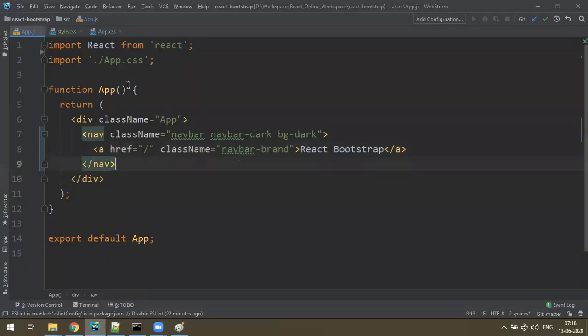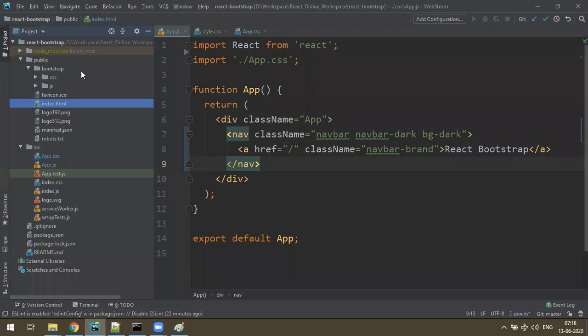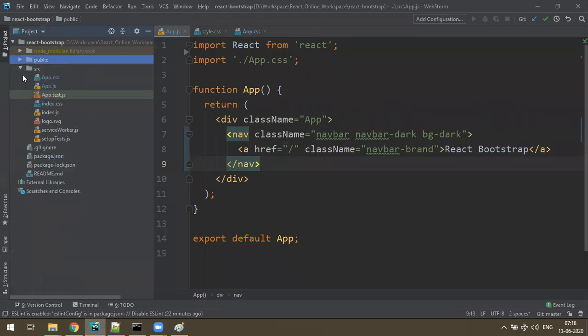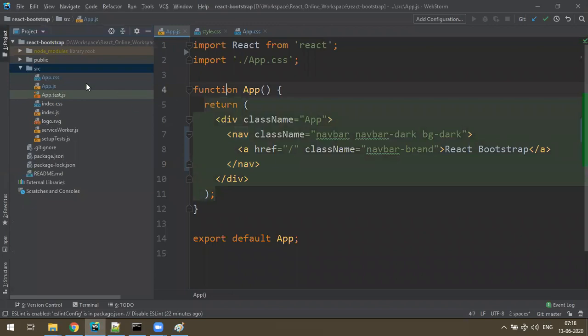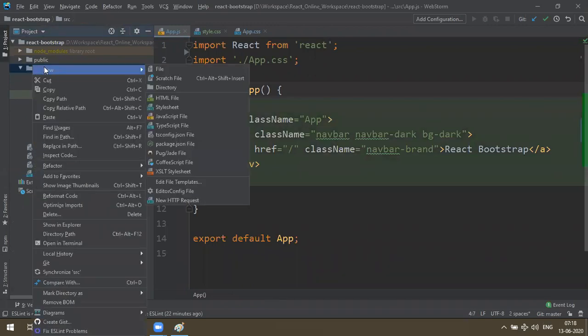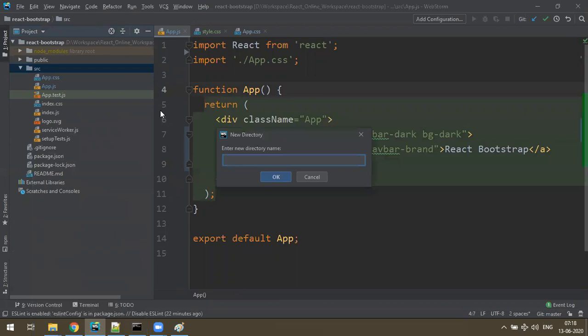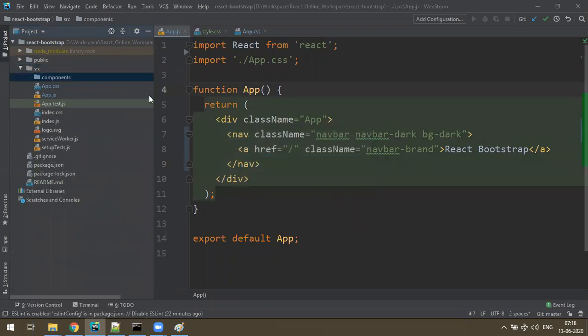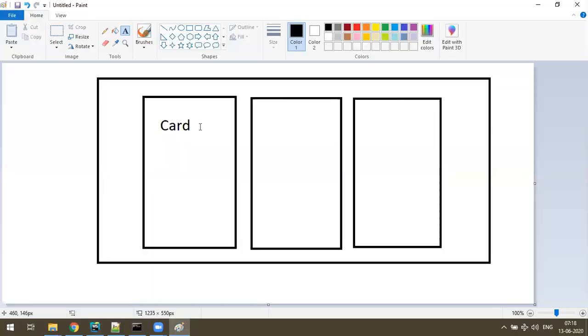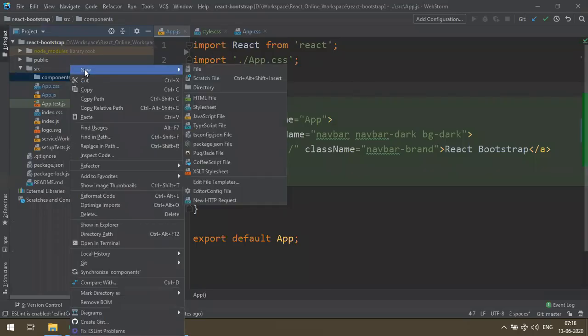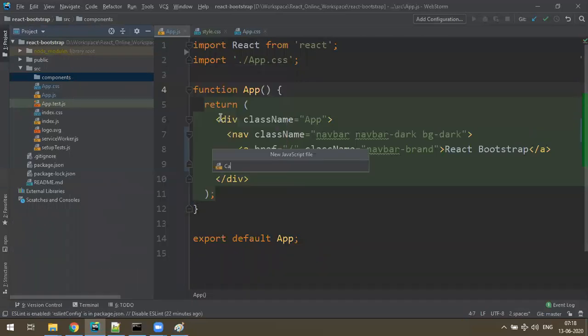So what I do is, back to here, let me go to the src folder. We know how to create components, right? So let me go to src, right click, new directory, components. Okay, so what is your component is card component. So let's take a new JavaScript file, card, capital Card.